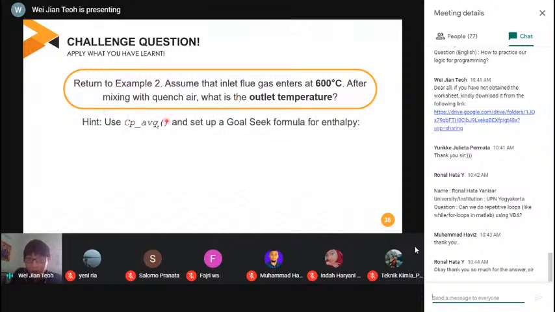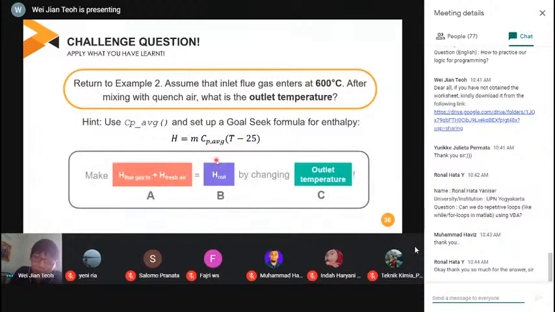The first thing is to use CP average and set up a Gaussian formula for enthalpy. So this is going to be my formula for enthalpy. For approximation, I am going to use CP average, but if you are free, you can calculate with the actual enthalpy formula. The actual enthalpy formula involves an integral. So you integrate A plus BT plus CT squared and so on. So it's more complicated. For a simple example, I can just show you right here.